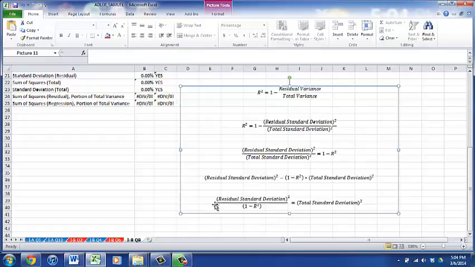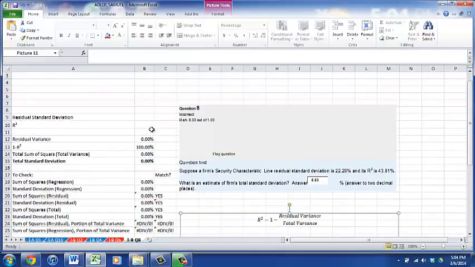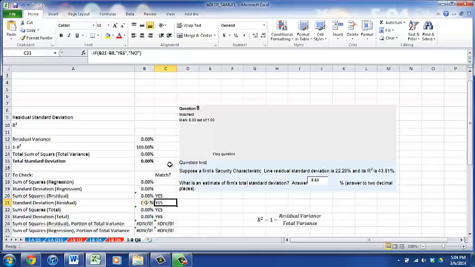When we use this equation, it's very important to note that we have total standard deviation squared on the right side, so we must take the square root in order to find total standard deviation on its own. And in calculating this, I set up an Excel sheet which has a couple of verification methods in here. So as you can see, these are all if statements, and then these are all also verification,